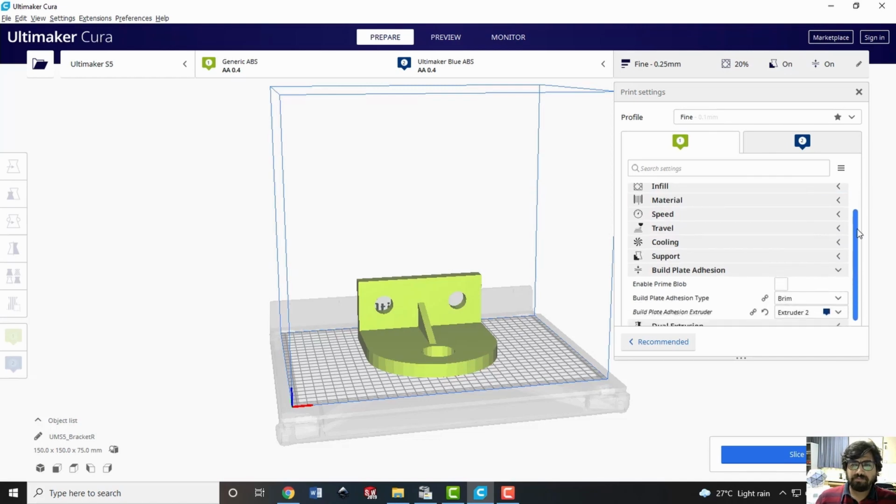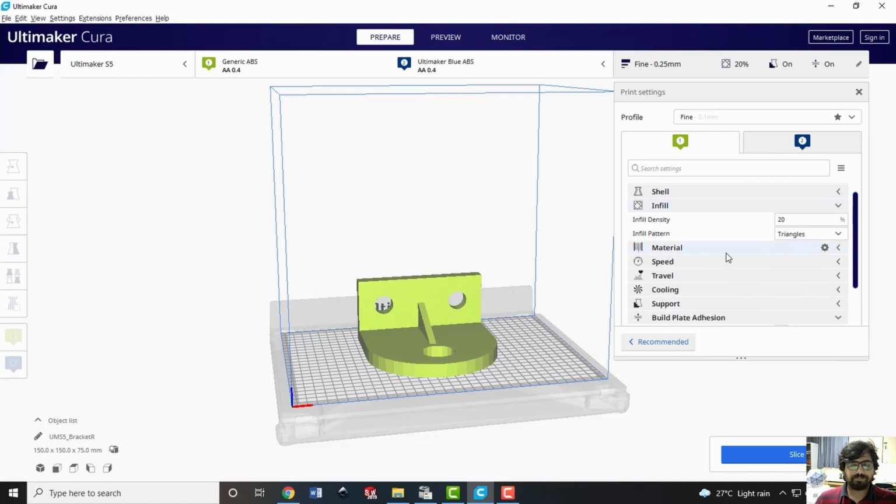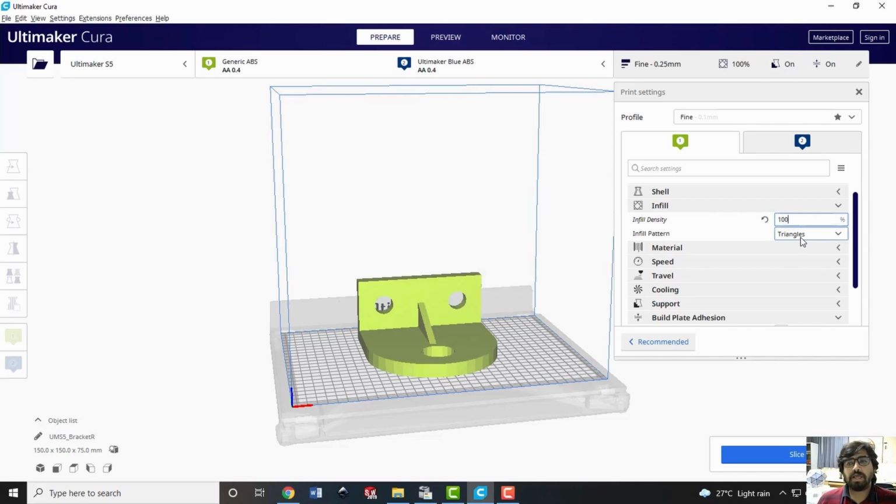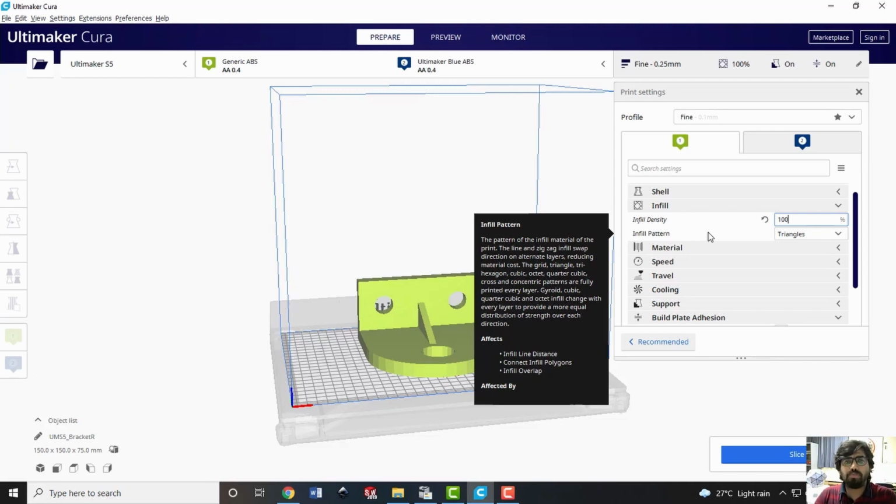So this is the shell. The next option is the infill. What kind of strategy you want to use to infill the material, or the area filling? Infill is nothing but the area filling strategy to add the material. Here you can also define by what density you want to fill the material inside the contours. So if I say the material should be 100% dense, that means the overlap between the consecutive beads will be in such a way that there will be no porosity or no empty space in the layer.